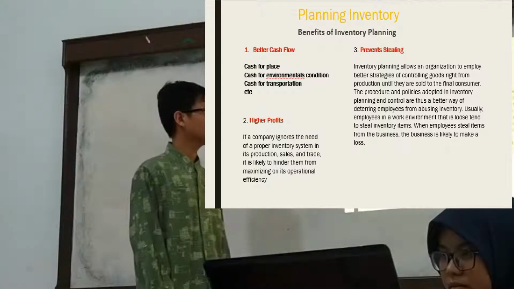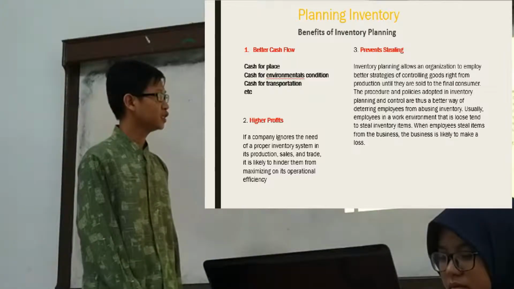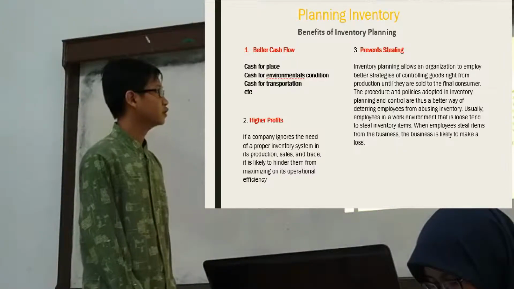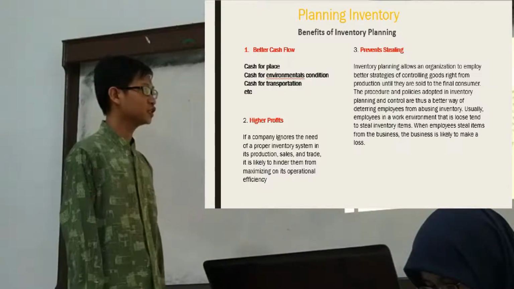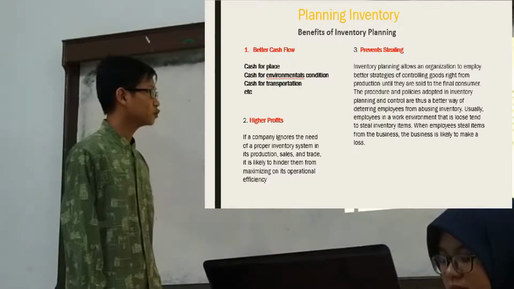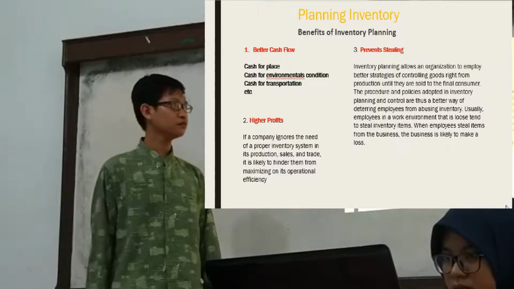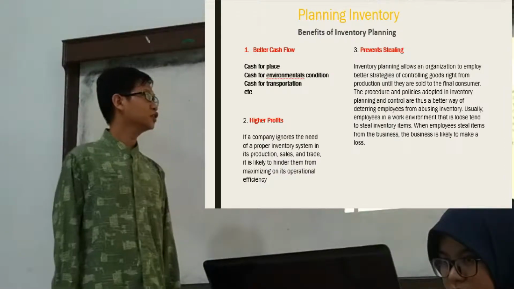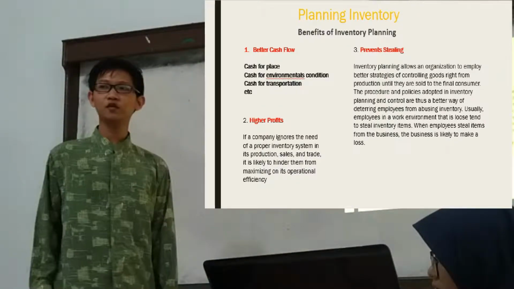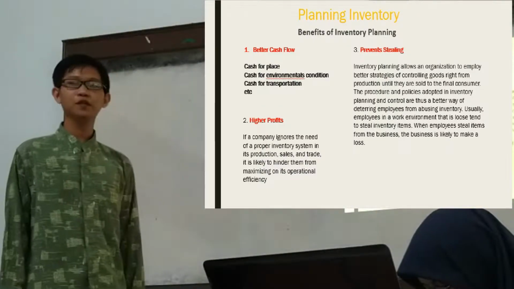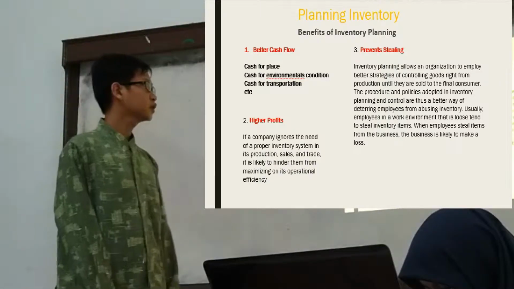Usually, employees in a loose work environment tend to steal inventory items. When employees steal items from the business, of course, the business will lose funds or money. So this is one of the benefits that you will get from applying inventory. Next,